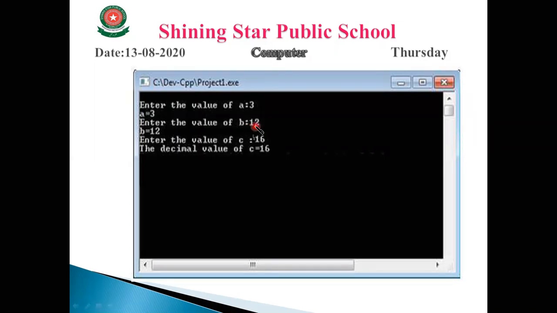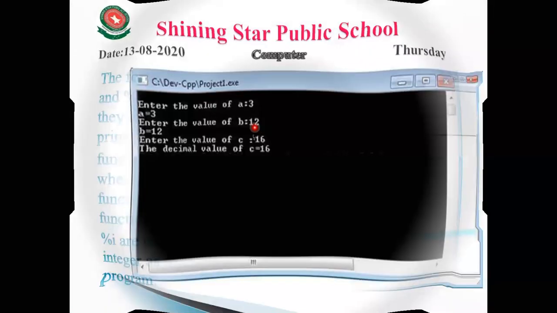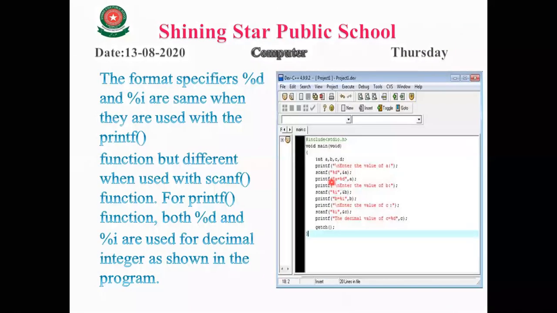So here you write 12, but before writing 12, the cursor will be blinking, and then you write the 12, 15, 20, any number you enter. Okay ji. Next line, when the controller comes to the next line, scanf %d b. Okay ji. So when you enter the 12, it will be stored in variable b.